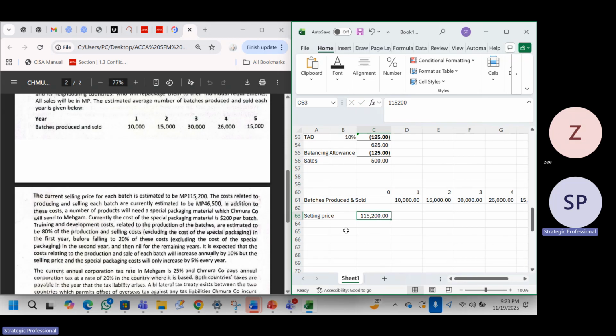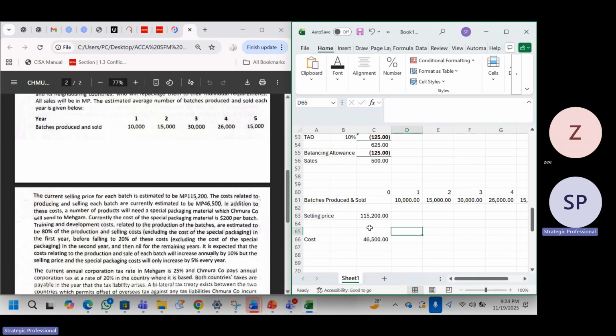They now said the costs related to producing and selling each batch are currently estimated. So this is the cost. Let me put costs here. Cost in current is 46.500. Let's leave that. Now they told us that in addition to this cost, we need a special packaging material, which is $200